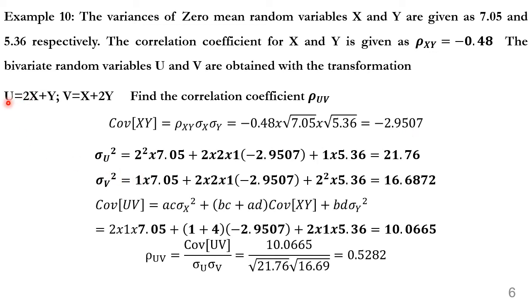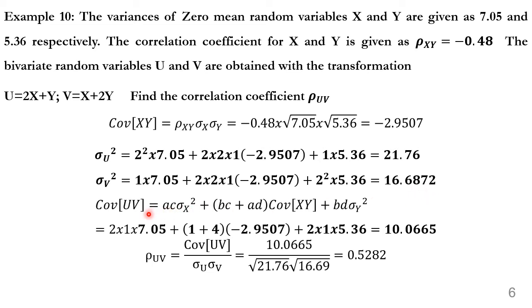Sigma u square can be found out using the formula. It is a square, that is 2 square, into sigma x square, that is 7.05, plus 2 into AB, 2 into 2 into 1, into covariance of xy, that is minus 2.9507, plus here it is b square, b is 1, into 5.36. So that gives you 21.76. Similarly, we can find out sigma v square. We get this as